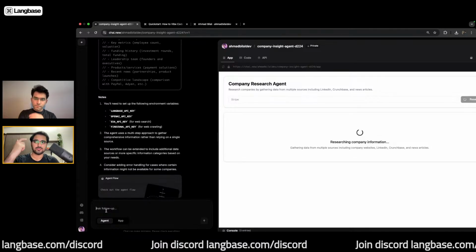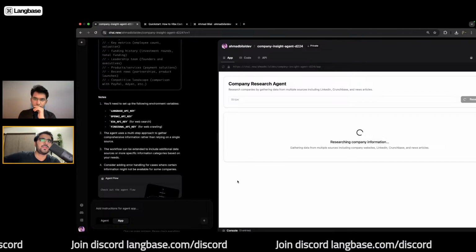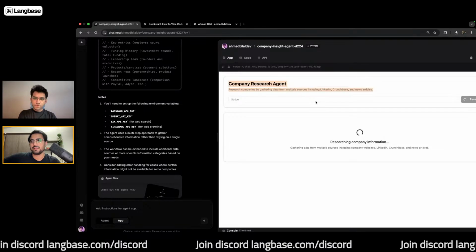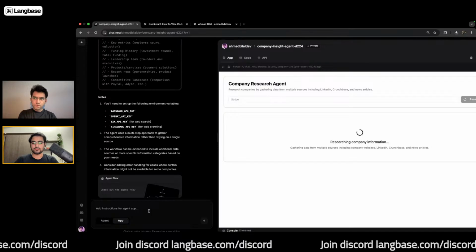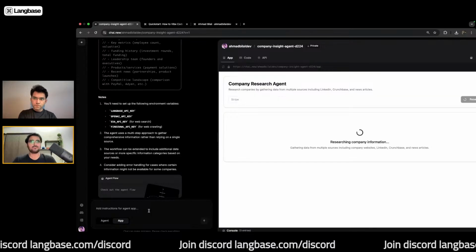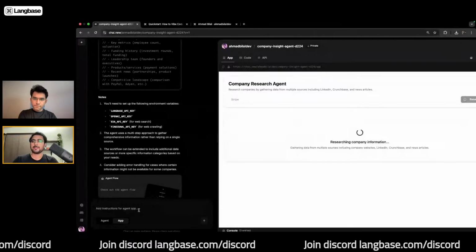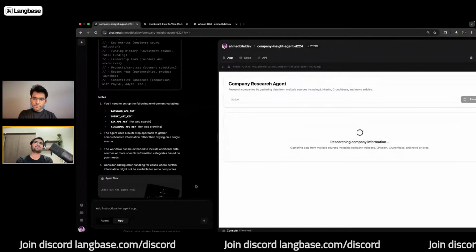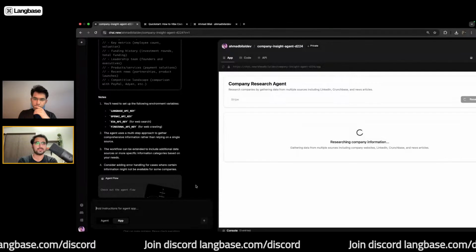But if I want to go ahead and customize the agent app, let's say I want a different sort of UI here, a different sort of heading, I can actually just prompt it to do that and it will go ahead and make those changes, which I'm going to show you later on. And this is also a neat way to improve your application before you take it to production.